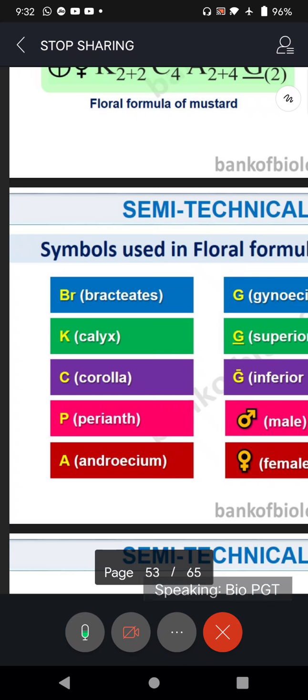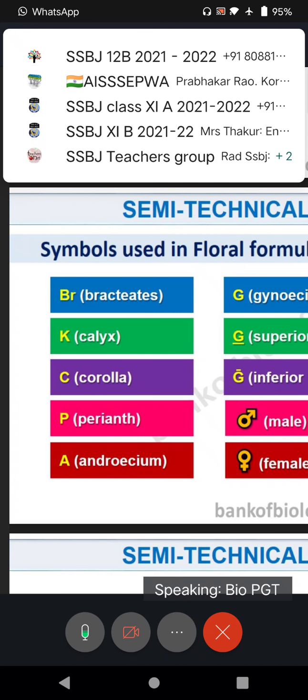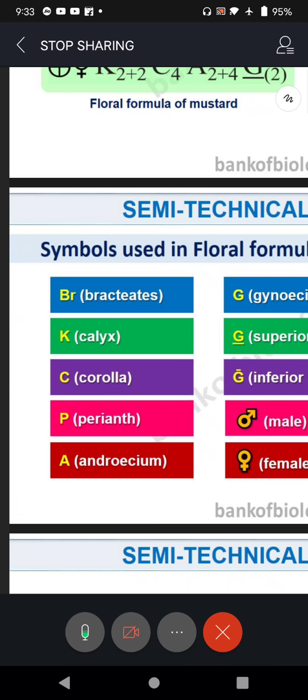Next, calyx. Symbol for calyx is K. Now I gave a small precaution yesterday. Even though the spelling of the word is CALYX, don't go with the spelling. It is K. Why? Our common sense says that calyx and corolla both start with C. To avoid confusion, for calyx we are using K, and for corolla we are using C. So calyx, yesterday we said, is a group of sepals, and sepals are mainly for protection.